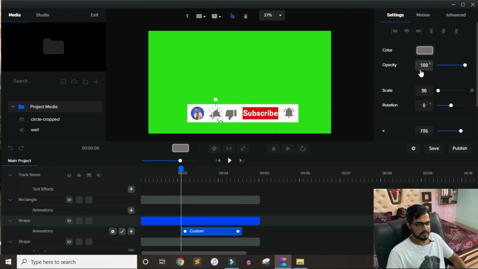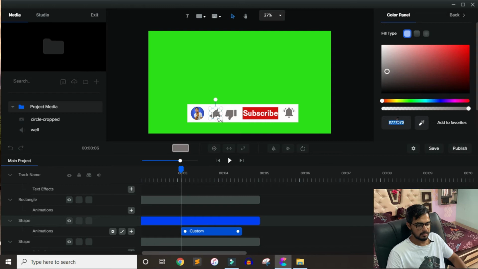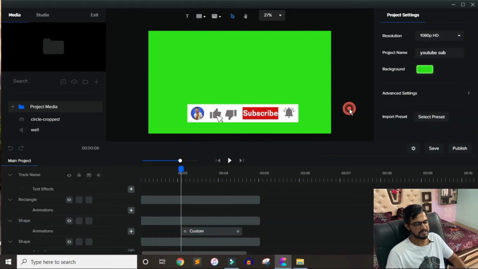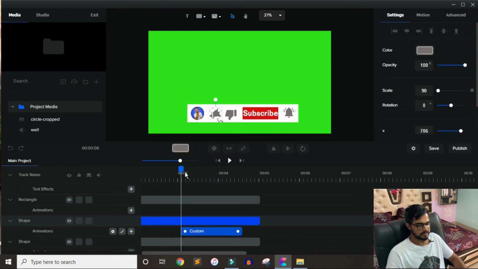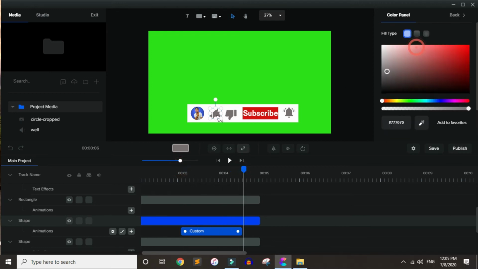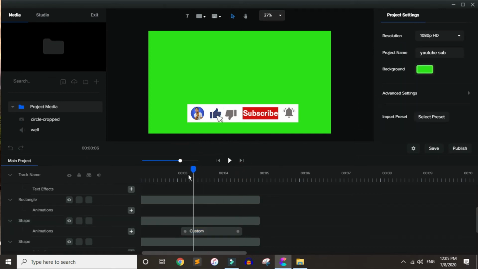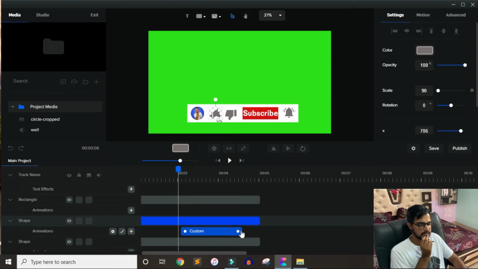I will go to settings. Initially, I will just copy it. Sometimes this does not work the way I want. Okay, and I will also decrease its duration.